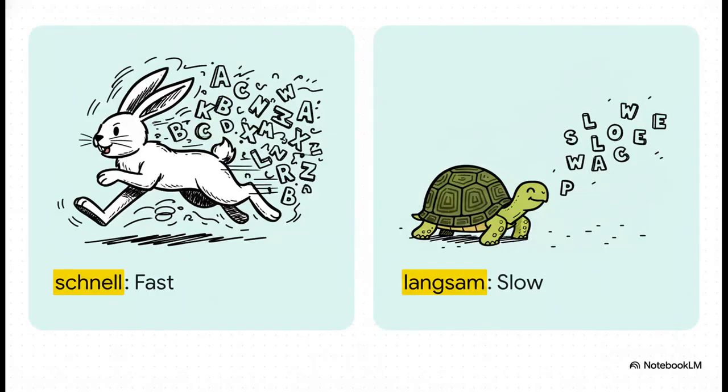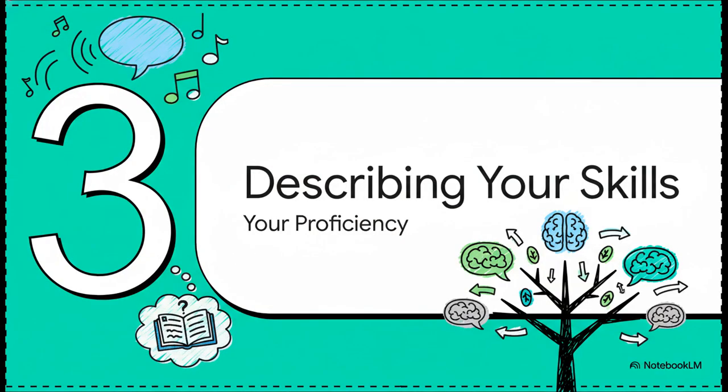Oh man, these next two words are absolute lifesavers. If someone is talking way too schnell, that's schnell for fast, you can just politely ask them to speak langsam, or slowly. Seriously, just learning a simple phrase like können Sie bitte langsam sprechen is a total game changer. It puts you back in control of the conversation. Okay, so you're practicing, you're listening, you're speaking, you're doing all the things. But how do you actually describe your skill level? This next section gives you the exact words you need to talk about your proficiency.